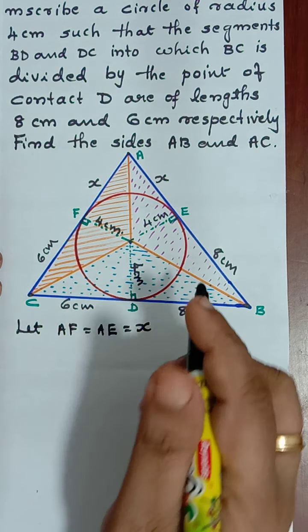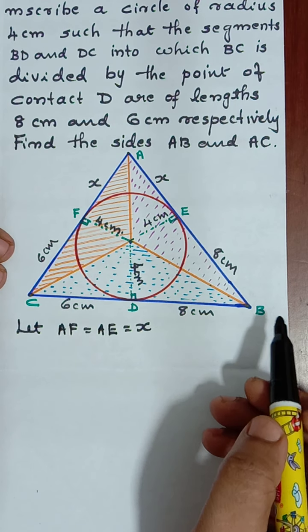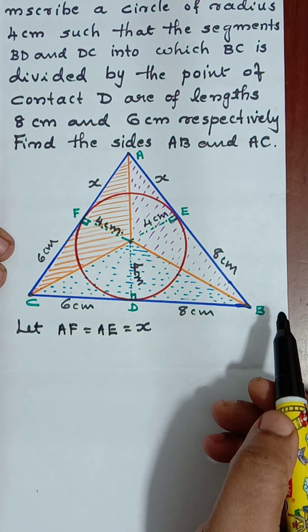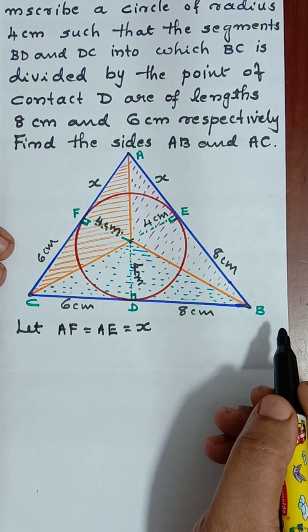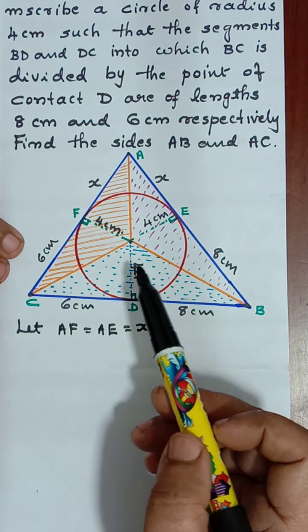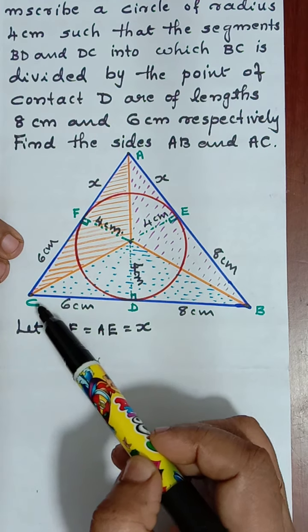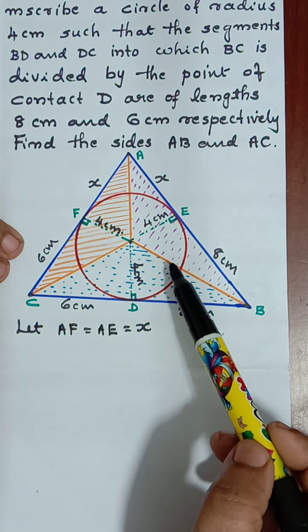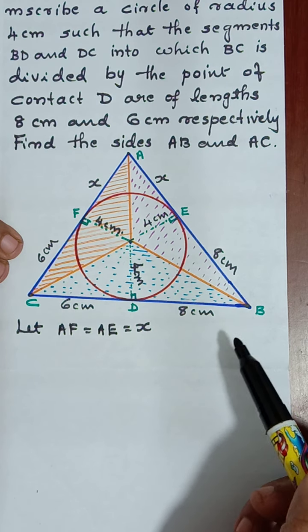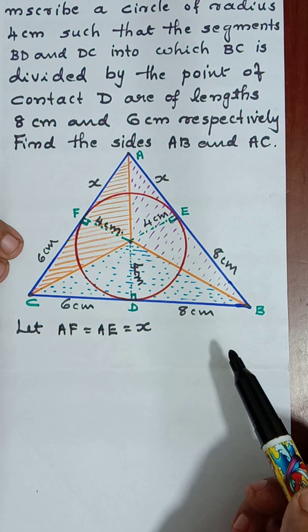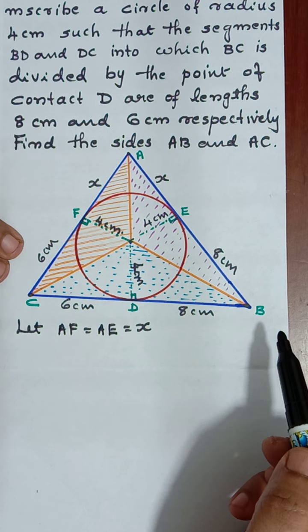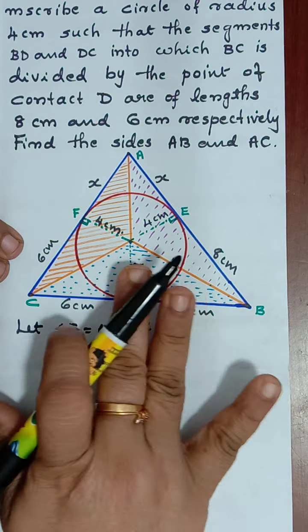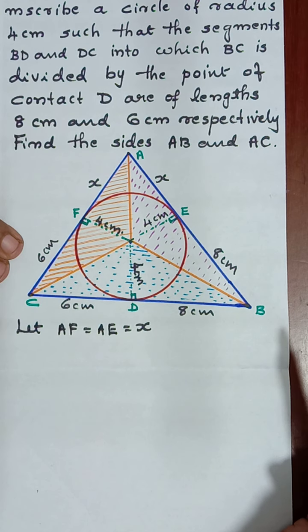Therefore, we can use our last year's concept, that is, by using Heron's formula we can find out the area of the triangle. Do you remember Heron's formula? First we have to find out the semi-perimeter. Perimeter, everybody knows, is the sum of the sides, AB plus BC plus AC. Divided by 2 is called the semi-perimeter. Now the area of the triangle formula is square root of S into S minus A into S minus B into S minus C. That is how first we will find the area of this triangle ABC.